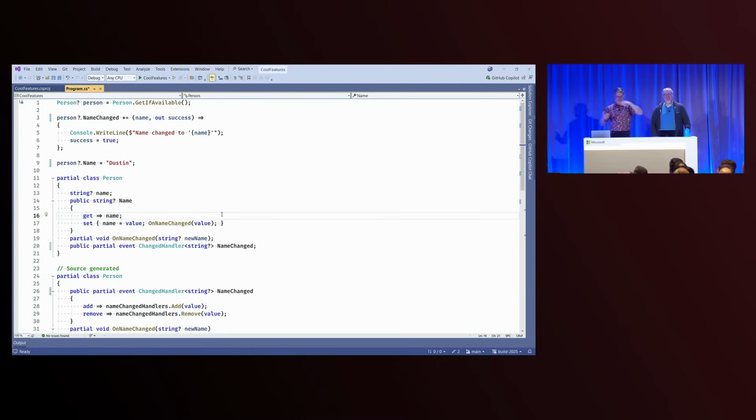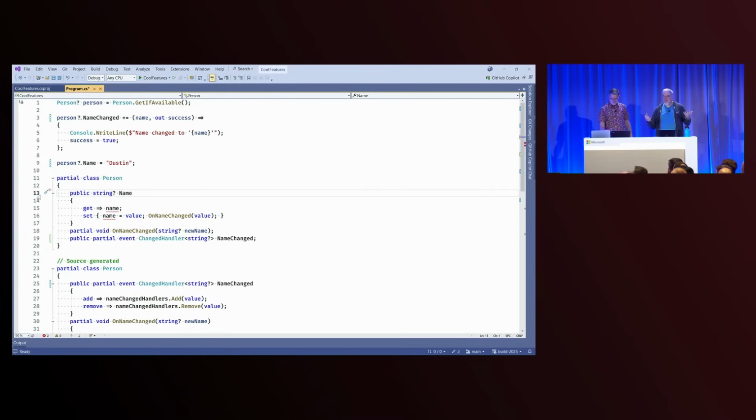I could be more animated. That was the best depiction of the cliff I've ever heard. And you have to write the whole thing manually. Auto props are out, and we want to remove that cliff. Yeah. And removing that cliff means getting rid of the field. The cliff is the field, right? That's what we call the cliff. Whenever you're writing an auto property and suddenly you've got to drop down to the field, whatever is making it happen, it might be any number of reasons, but that's the cliff, and it's a pain.